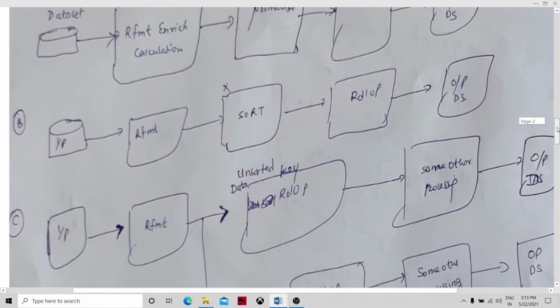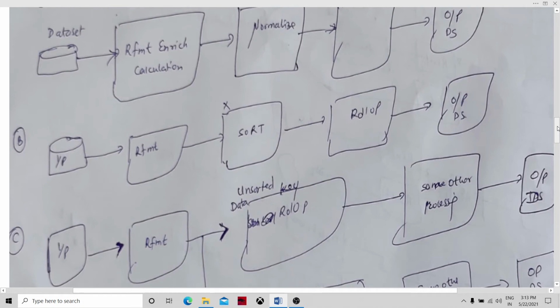But there are various components which, due to limitations, could break this kind of setup. If we talk about the sort component and the in-memory components like rollup and join: what happens in sort and rollup is that sort has to sort the data, because you may be supplying millions of records and you want to sort those million records based on some key.